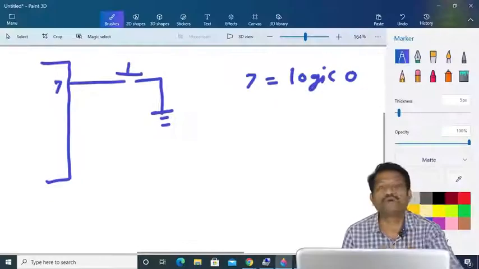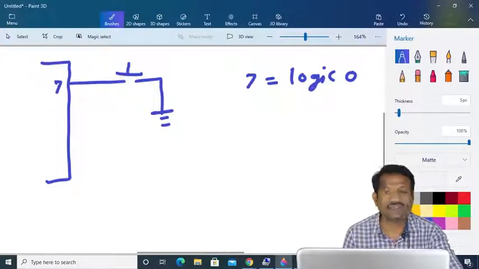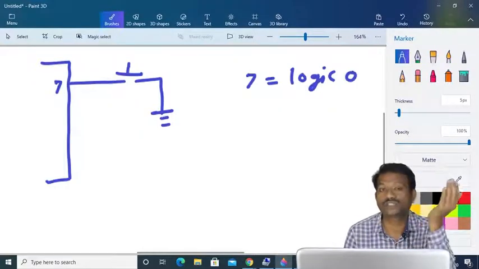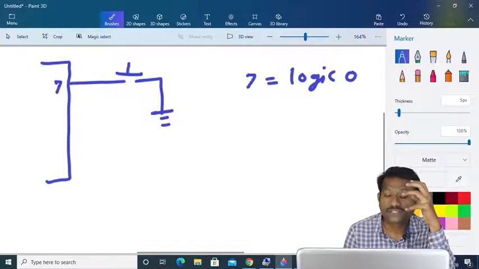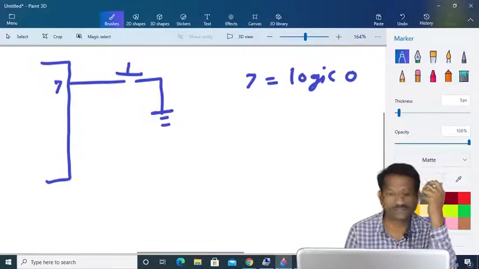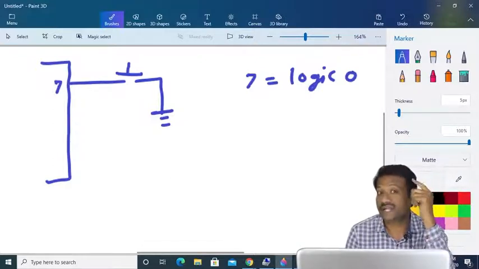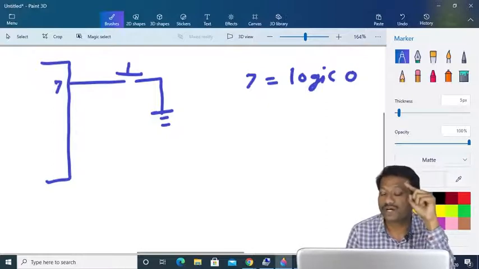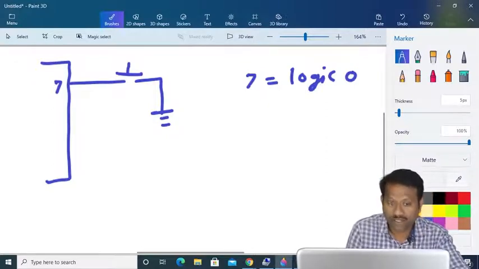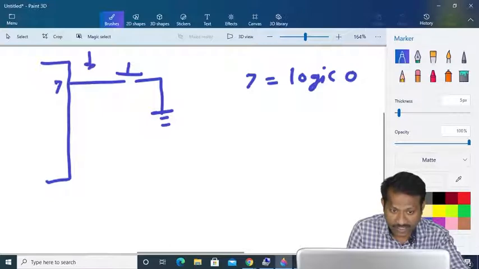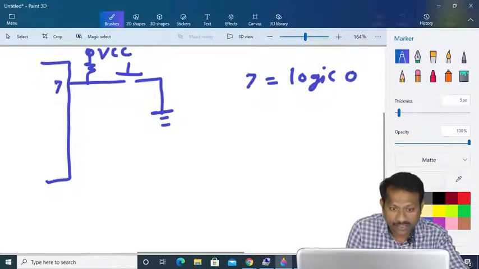If the switch is open, what can the logic be? Is it logic 1 or logic 0? Here it can be arbitrary logic. We cannot say whether it is logic 0 or logic 1, because this terminal is a floating terminal. So to guarantee that I get logic 1, I must insert one pull-up resistor here. So in this way I should make this connection. Here this terminal has to be connected with VCC, and this resistance can be 10K.